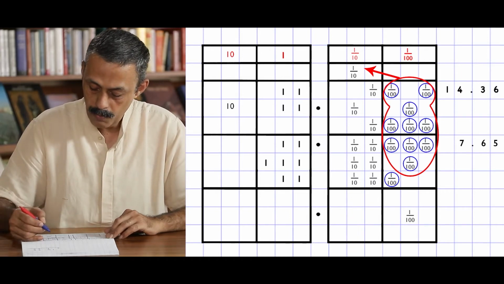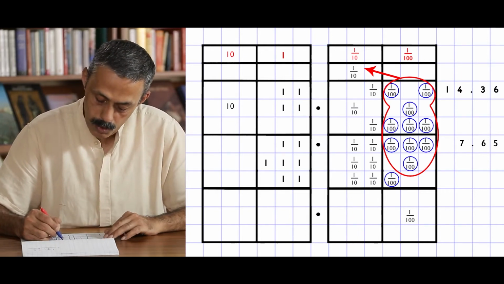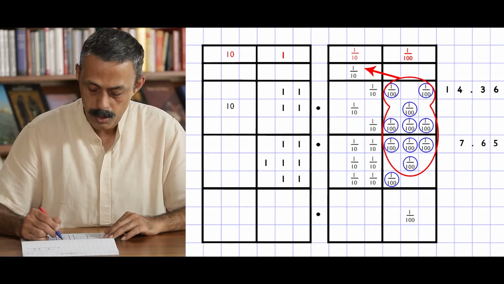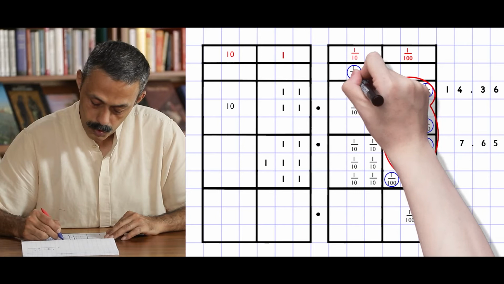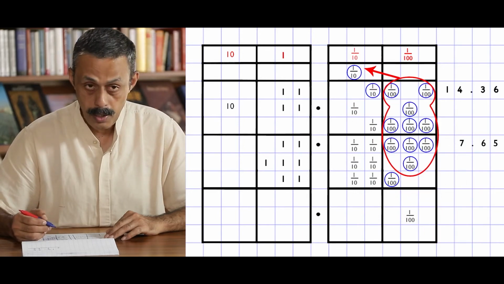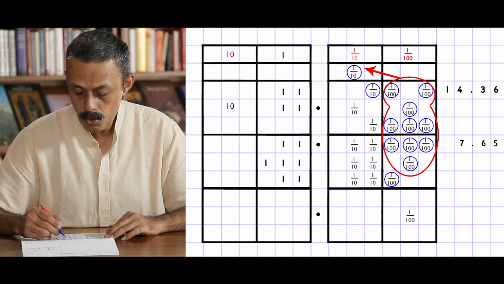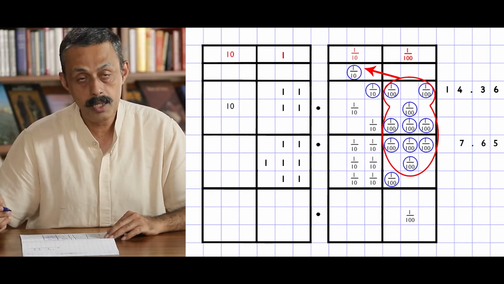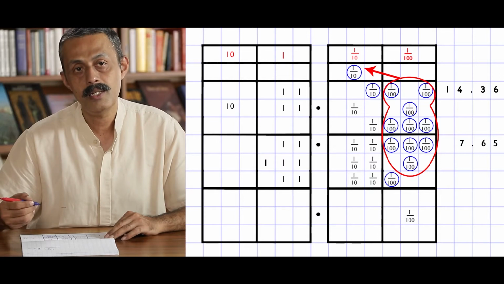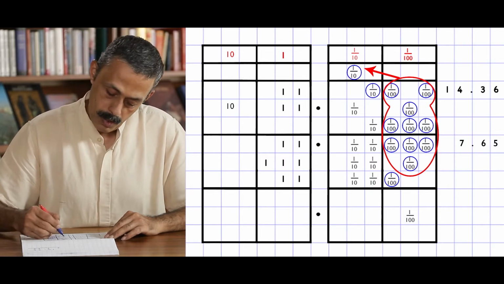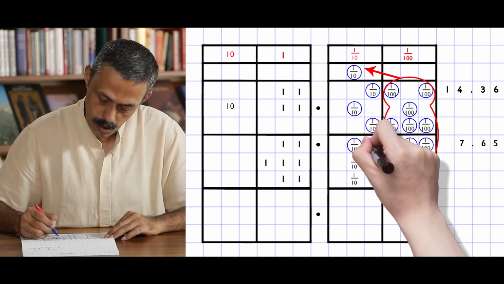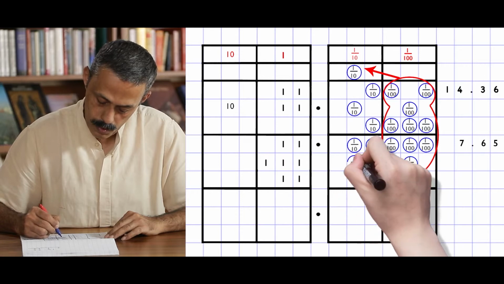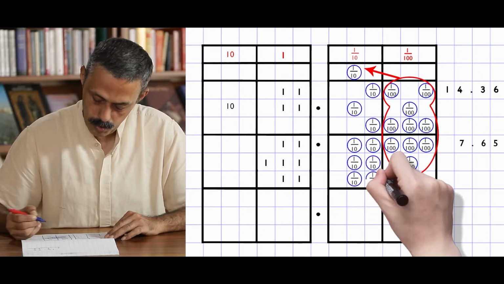Now let us see how much is here. Let us start from the transferred number. We have to begin from the transferred number, otherwise we are likely to forget it. That is why 1, 2, I am circling the numbers, to show that I have already counted. Otherwise, we may forget to count it. 3, 4, 5, 6, 7, 8, 9, 10.